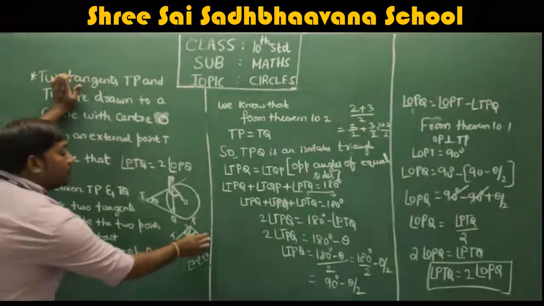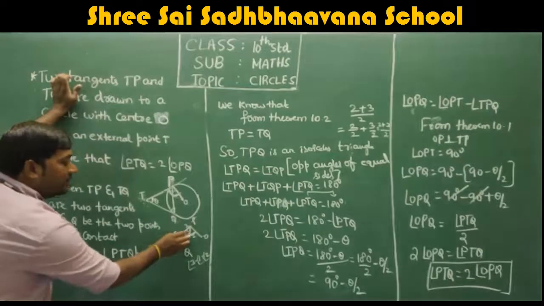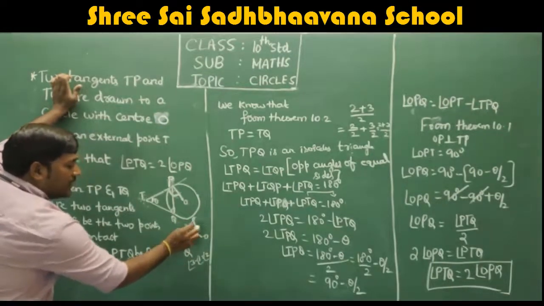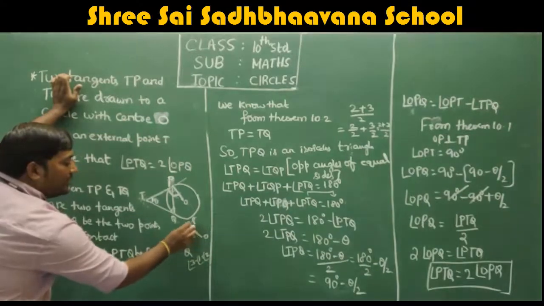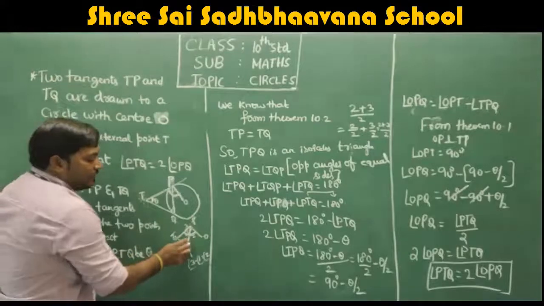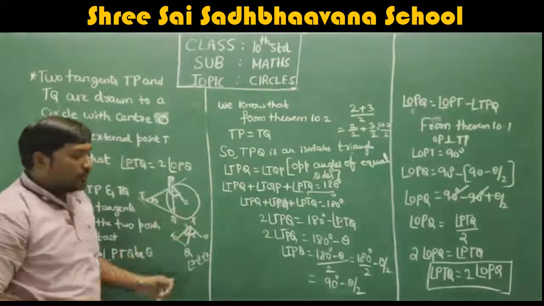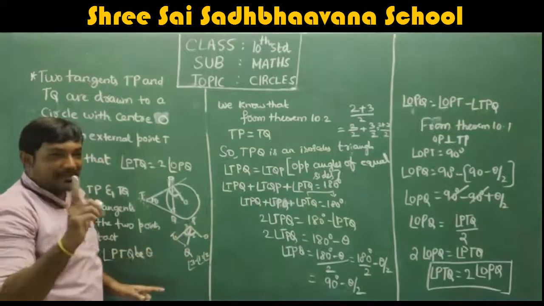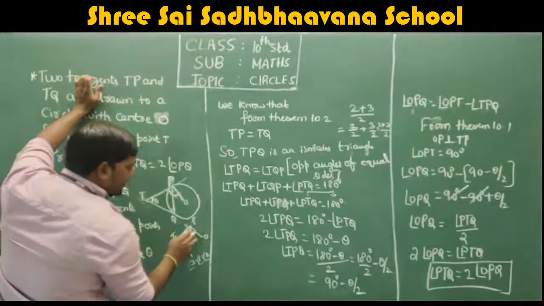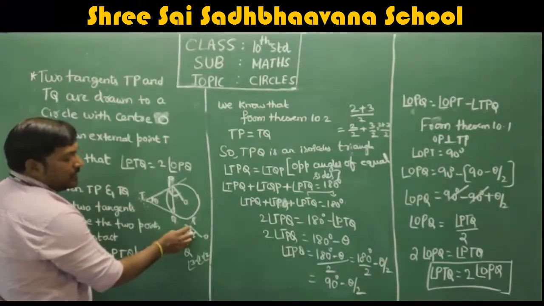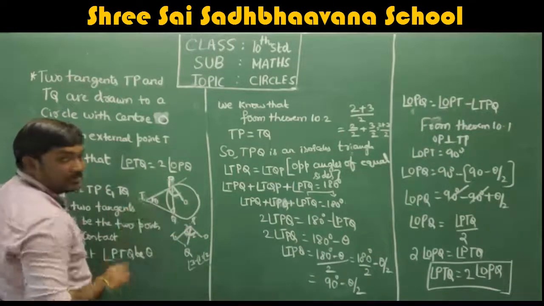So what I am doing, from angle OPT, I am subtracting TPQ, which is this. From angle OPT, I am subtracting angle TPQ, this angle, so we will get 2. See, I will tell you in an easier way: take the total angle as 3. In that, if I subtract this 1, this angle I named as 1, so 3 minus 1 is 2, right?